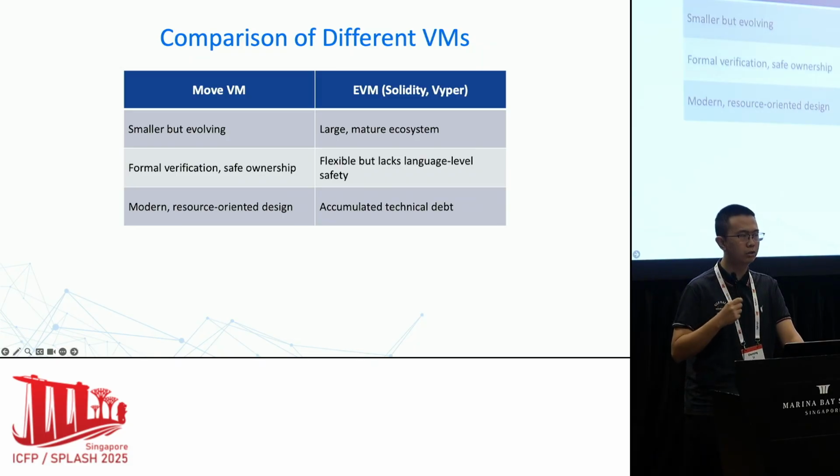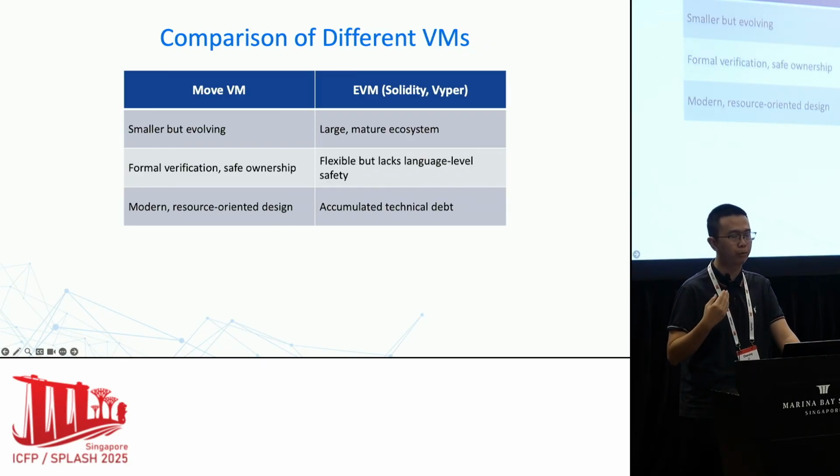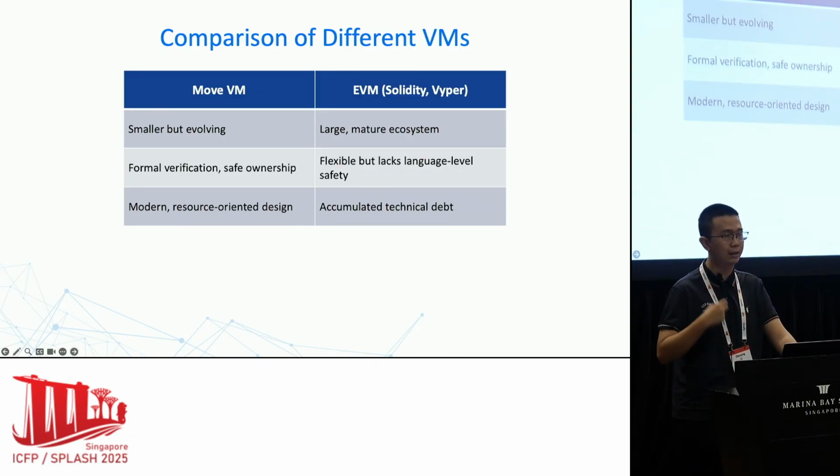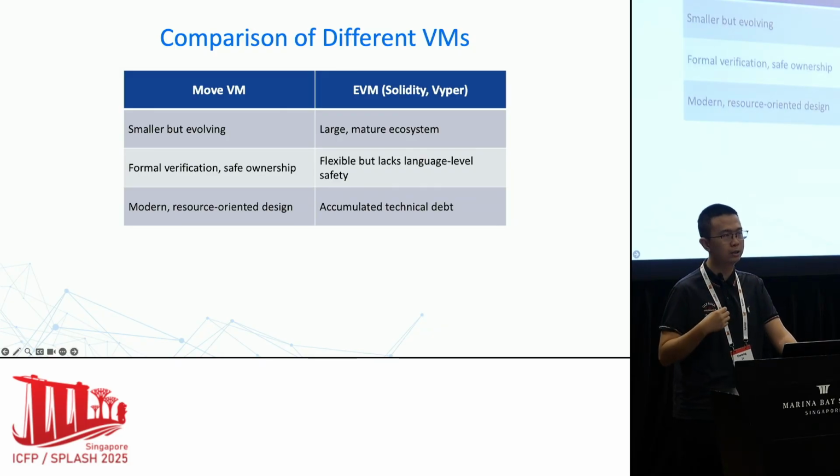But the earliest also means legacy design and technical debt, because when people designed the EVM, they didn't know what the smart contract platform would be and what smart contracts would be used for. So it has many legacy designs, maybe not suitable for current applications. And some new virtual machines, such as Move, have many modern designs which give native support for assets and financial applications, such as formal verification, safe ownership, and resource-oriented design. However, application developers usually choose the EVM because of market consideration.